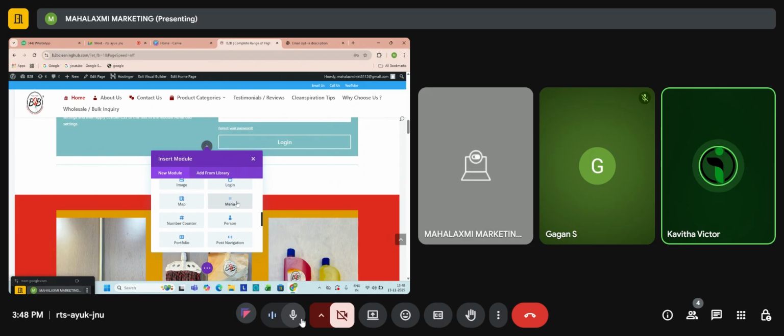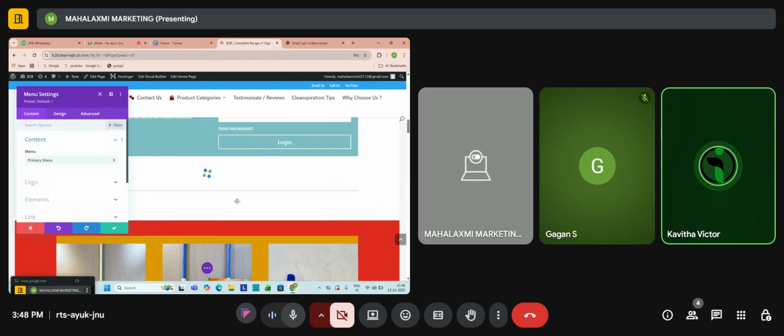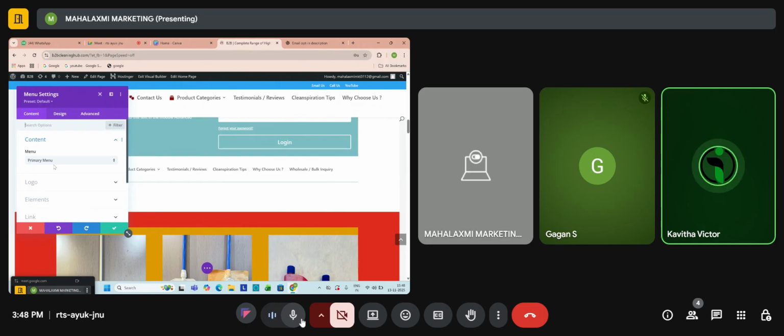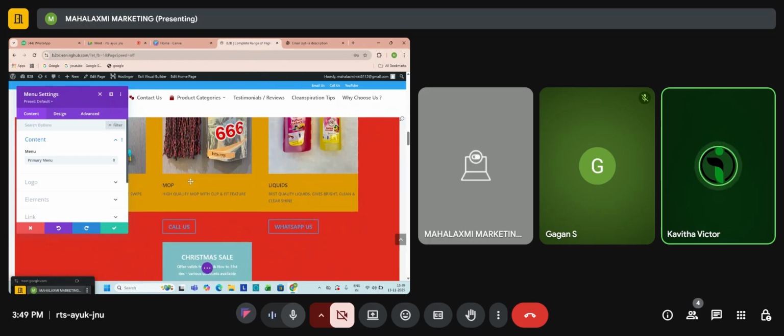Menu. Click on that. So what are usually menus? Primary menu, secondary menu. Yes. Can you see the primary menu is added on the bottom? In many websites you would have seen people add the primary menu at the bottom or in between also. Why? To give the user navigation. They don't want to scroll up to the top to click on the next page. It will be easy for the user to click on the other pages from the bottom. So wherever you want to add, you can use this module.